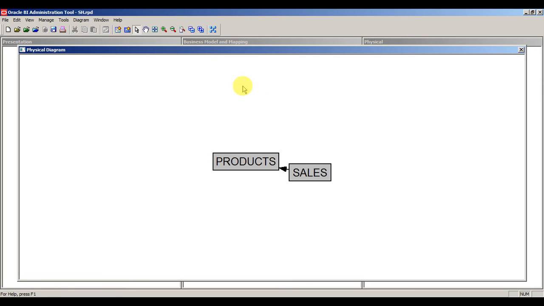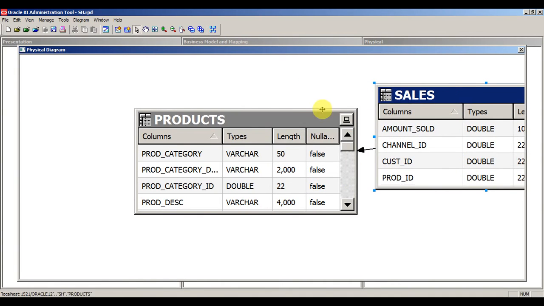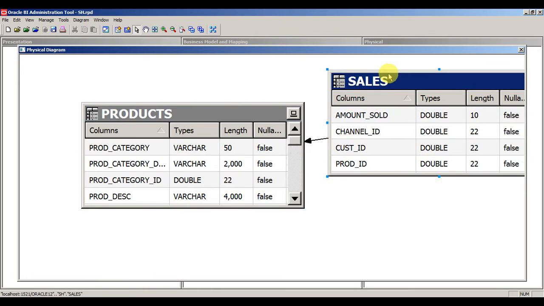Why I'm showing these features is, let's say you have a star model with some 10 dimension tables and only one fact, and you want to see the entire diagram. It will be difficult if it's laid out this way, and you cannot see the relationships, and a view is not enough to show all 100 tables.